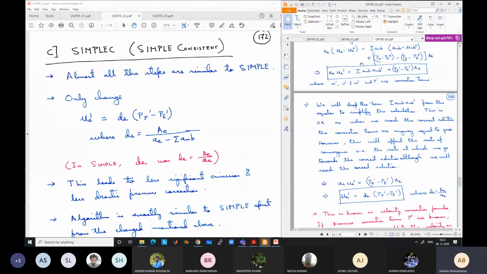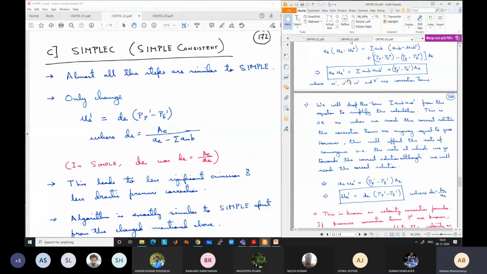We noted that omitting this term causes a large fluctuation. When we discussed the drawbacks of SIMPLE and why SIMPLER is better, we noted that omitting this term causes drastic, exaggerated pressure corrections, which sometimes slow down the convergence or even take it towards divergence. So one way was devised where we anyway have to omit this. There is no way around it, but the omission is less stringent, less drastic, you can say.